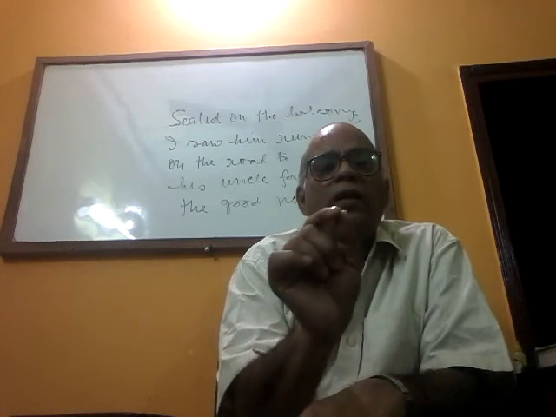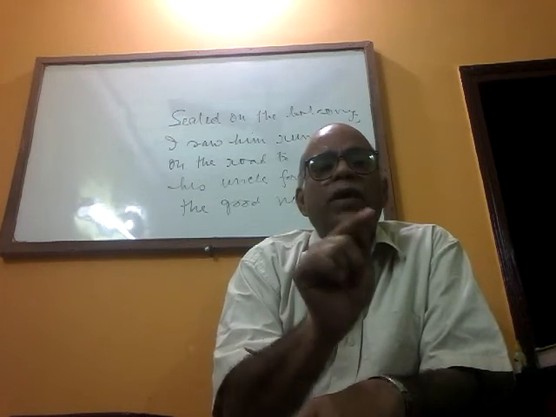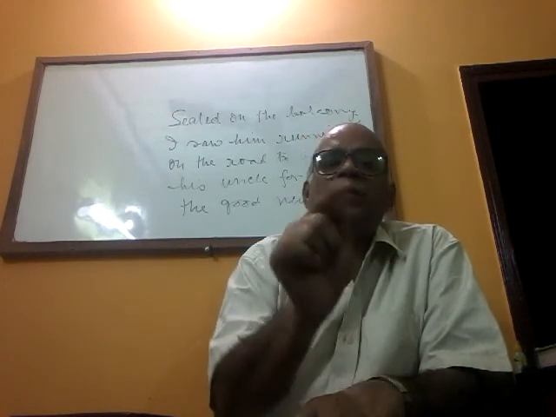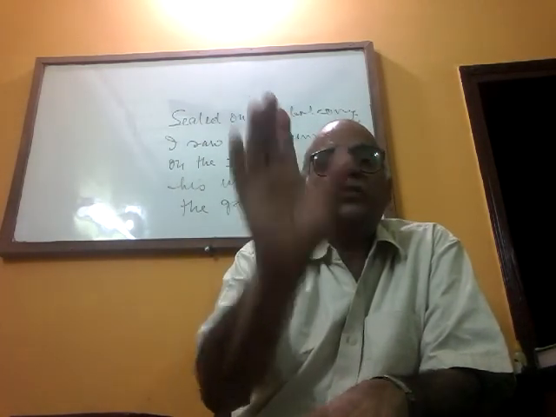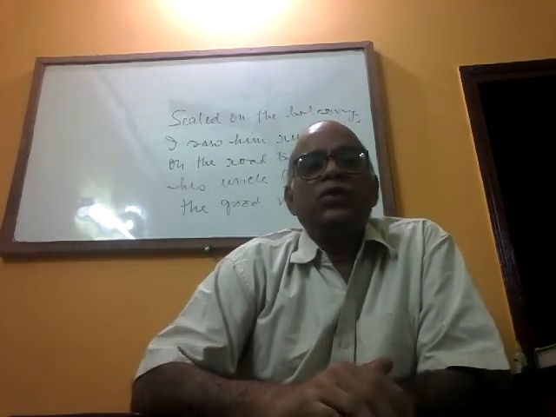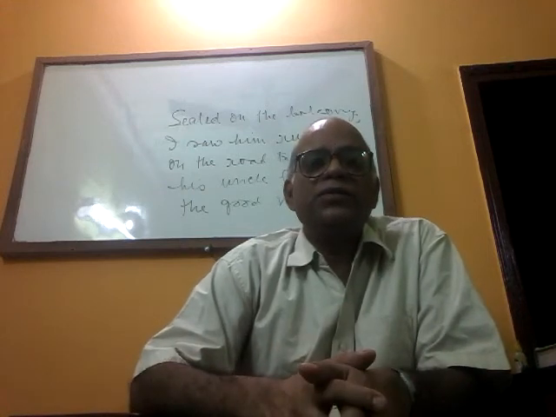Now look here, we is a pronoun, rice is a noun. If you can qualify we with a group of words with a finite verb, then that will be an adjective clause. We who live in West Bengal. Who live in West Bengal, it is qualifying we, so it becomes an adjective clause.